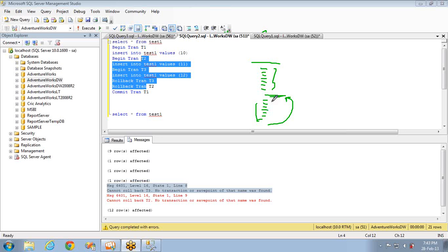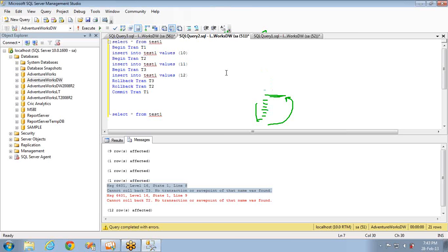So that is the advantage of save points, and generally people use these save points if they feel some data is good, if it is inserting or updating properly, then you can save up to that point, and then you can roll back if any error comes after that. You can roll back up to the saved point. Now let's see an example for the save points.